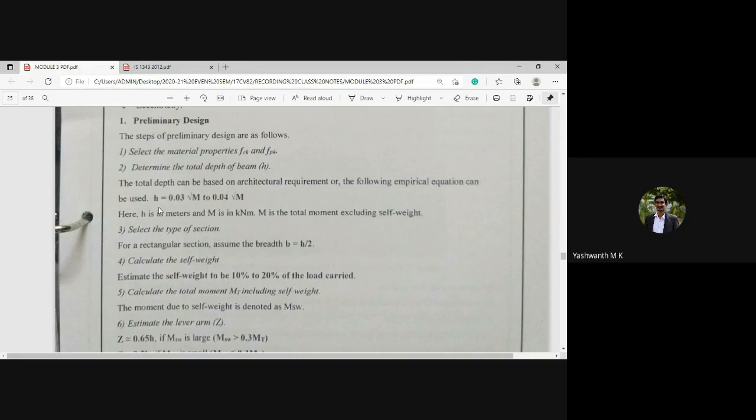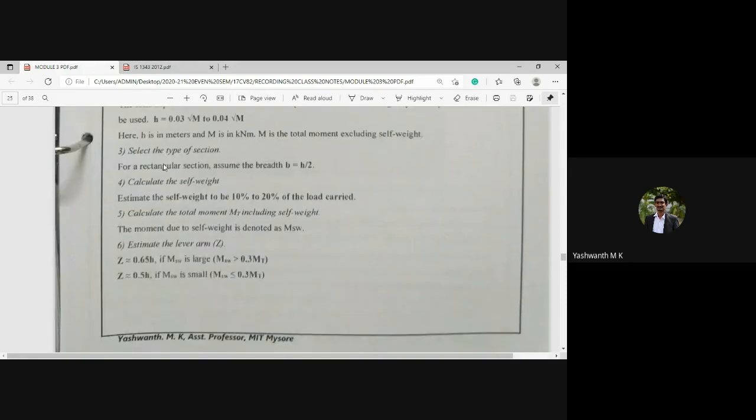As already told, h is the depth of the beam, which will be in meters. M is the moment in kilonewton meter, where M is nothing but the total moment excluding self weight. That means the total moment indicates moment due to dead load, that is MDL, plus moment due to live load. This is called M. Next, select the type of section, that means whether I need to go for a rectangular section or an I section. After selecting the proper section,